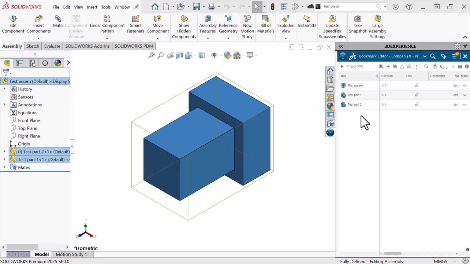So we can see with the Bookmark Editor, it's very similar to our folder structures. We can create these bookmarks, place our files inside of them so that they are easier to find later, which again, we can open them up right from the 3DEXPERIENCE add-in using the Bookmark Editor application. So this has been comparing a typical folder structure to the Bookmark Editor in the